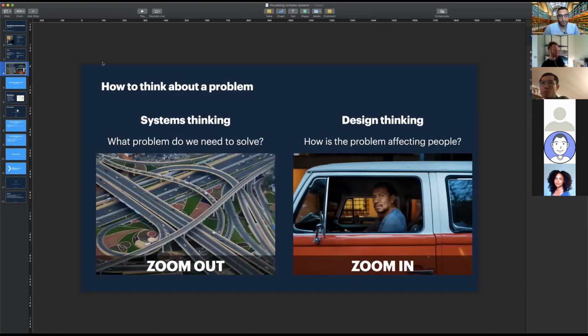So I created this slide to talk about the concept of zooming in and zooming out of a problem, and also to talk about how systems thinking and design thinking relate. Systems thinking zooms out to see the whole system and who's in the system, how they're interacting with each other. But really it's focused on what the problem is and what we're trying to solve, right? So for example, if an emergency room is getting flooded with lots of people, it zooms out to ask what's happening across the system. Maybe, for example, these people